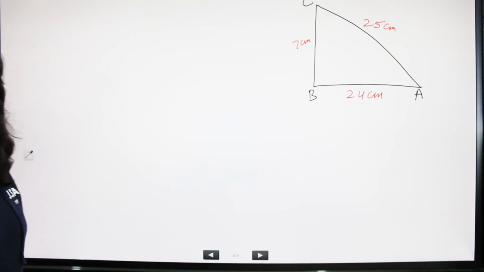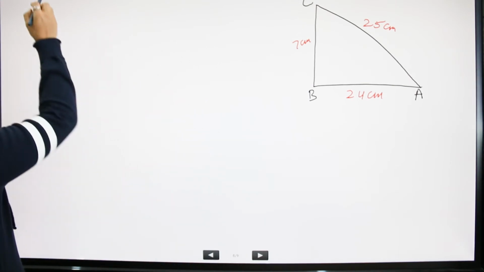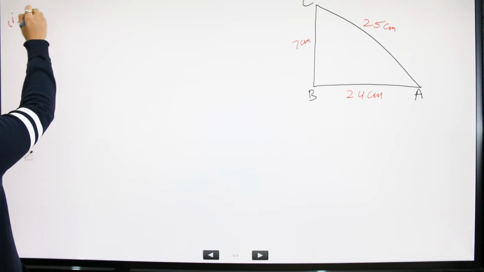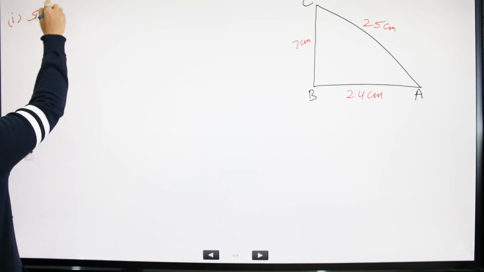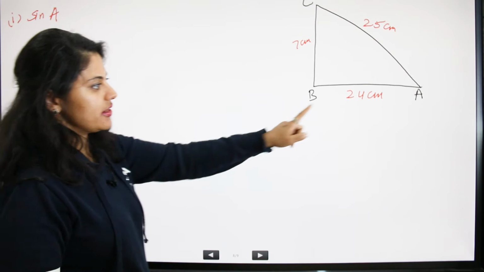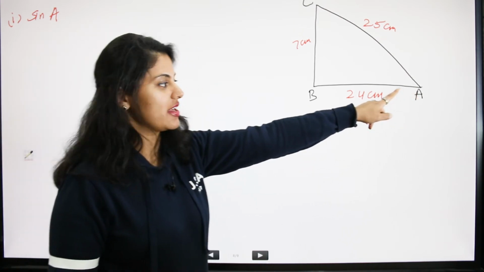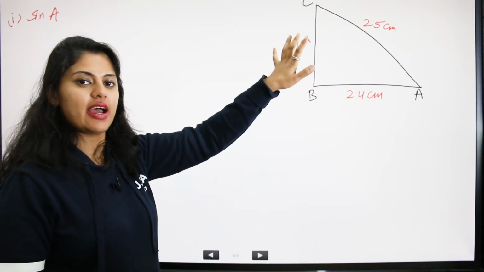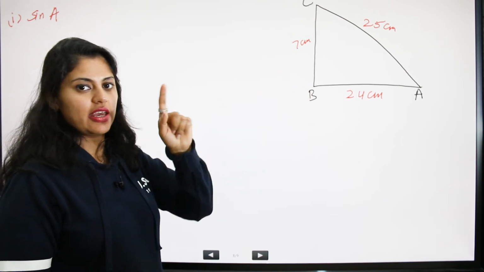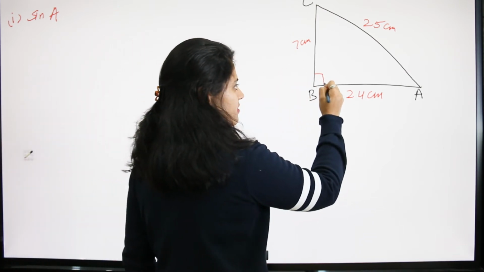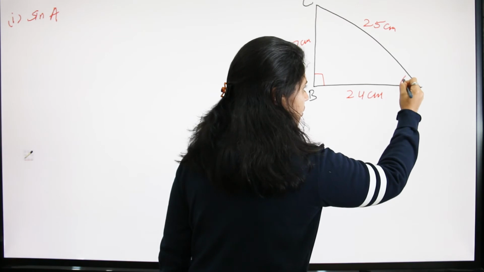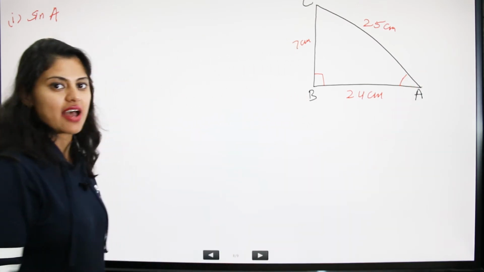And now it's time to find the values. First we are supposed to find sin A. Sin A means where the angle A is. These A, B, C are written like that to show us that they are the angles. So basically I am going to first find the value for this angle, which is taken as sin A.